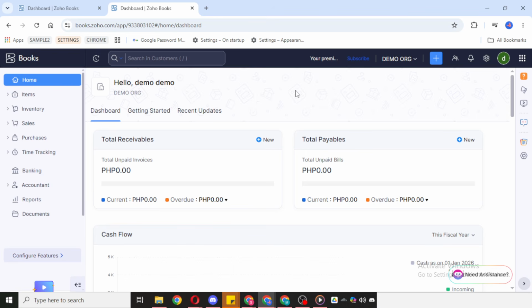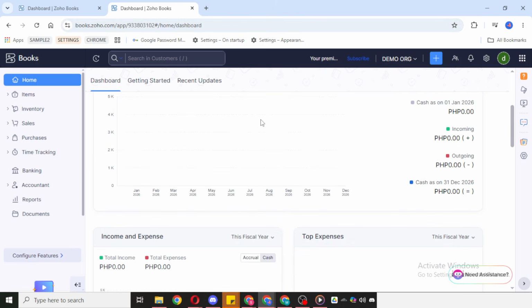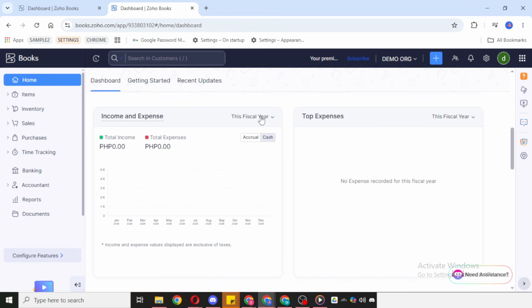To begin, open your browser and go to your Zoho Books account. Make sure you're signed in before continuing because the integration settings are available from inside your account dashboard. Once you're in Zoho Books, take a moment to confirm that you're on the correct organization or company profile if you manage more than one. That can help prevent connecting Shopify to the wrong set of books.